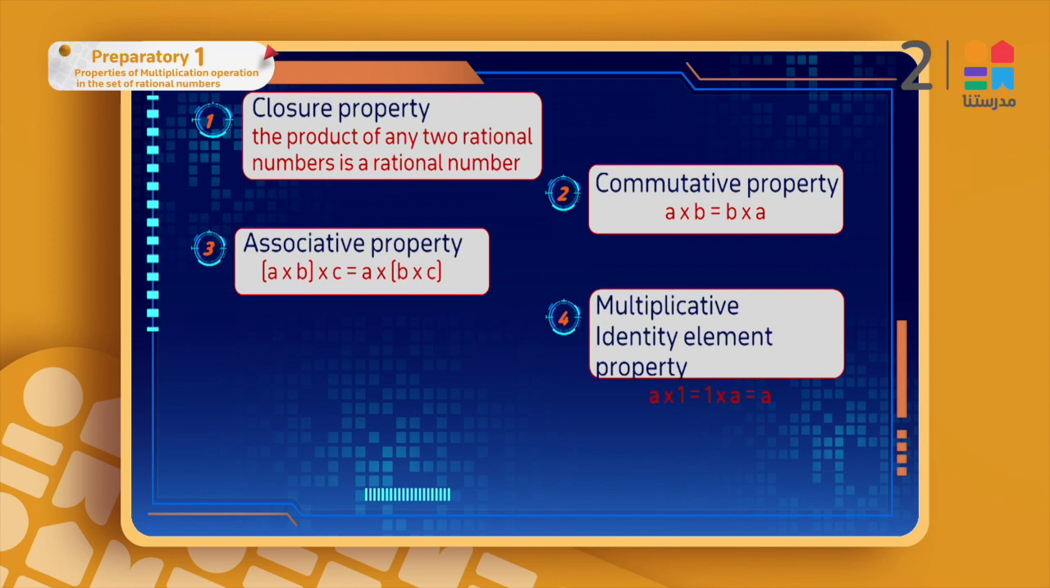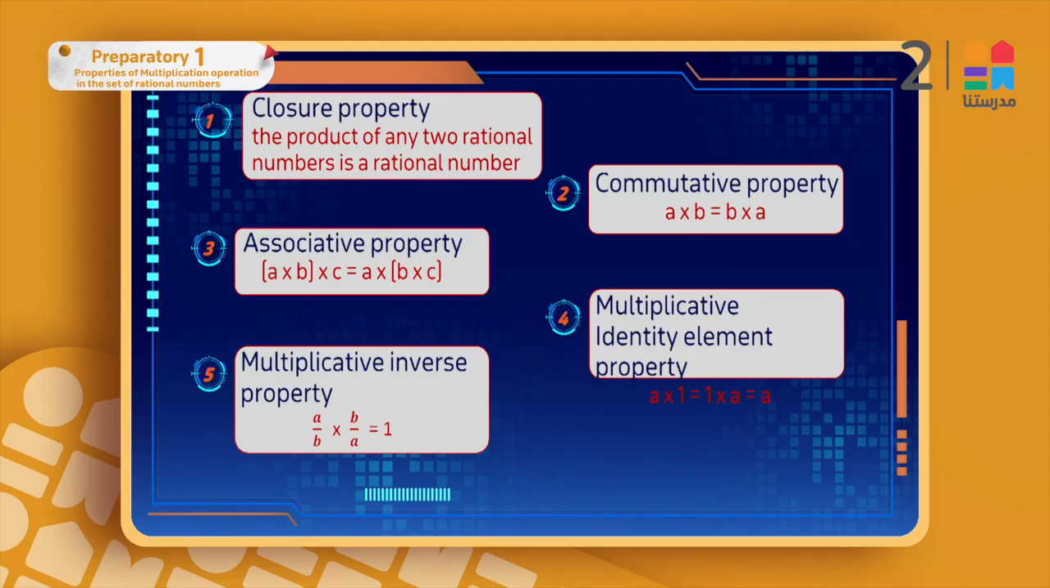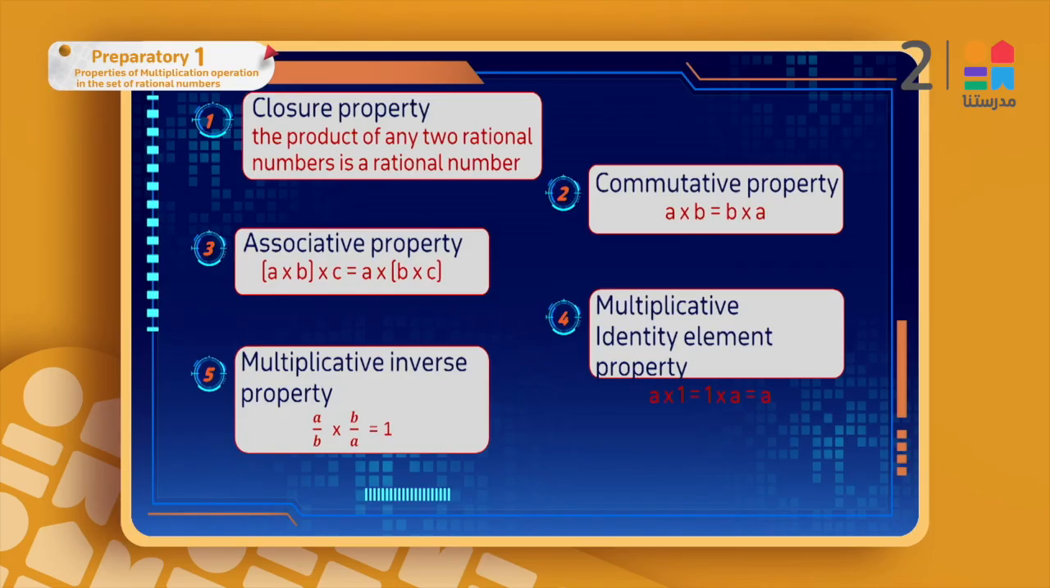4. Multiplicative identity element property, which is A times 1 equals 1 times A equals A. So our identity element is 1. Number 5. Multiplicative inverse property. The inverse is always we need to flip the fraction. So for example, if I have A over B, to get the inverse, we will write it as B over A. And keep in mind, when we multiply any rational number by its inverse, we will get 1, the identity property. Number 6 is